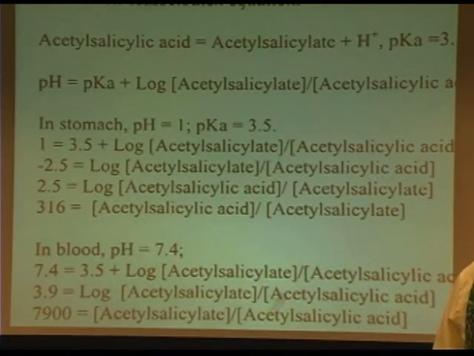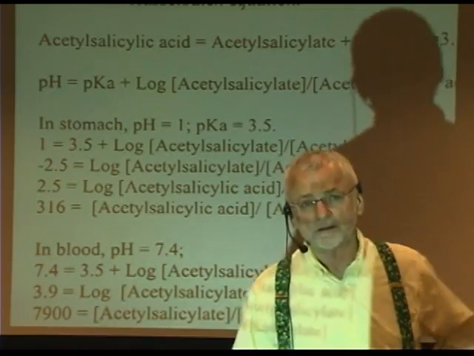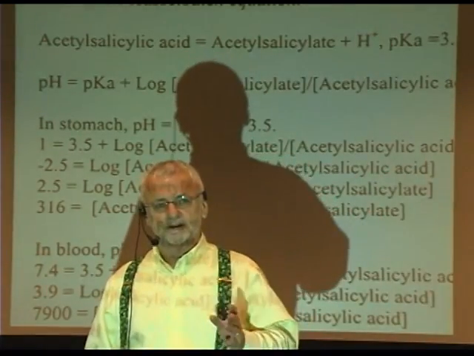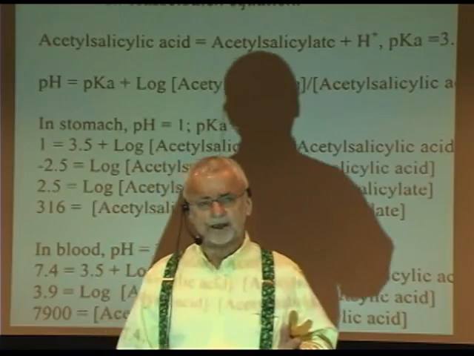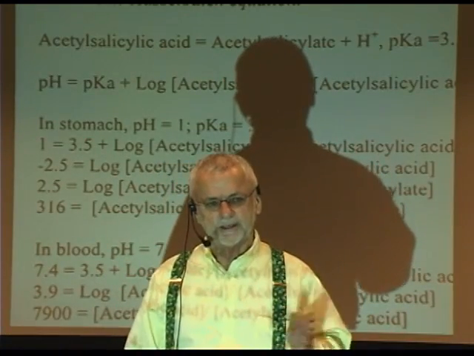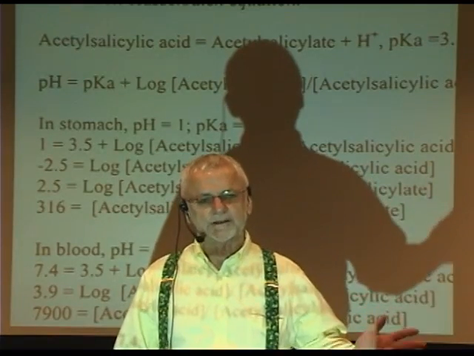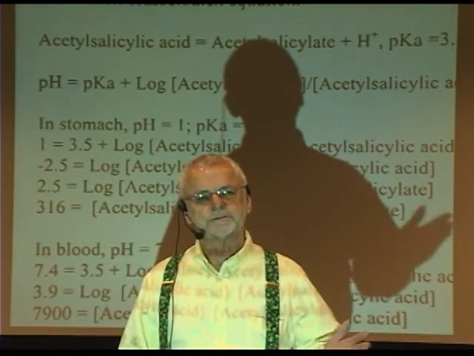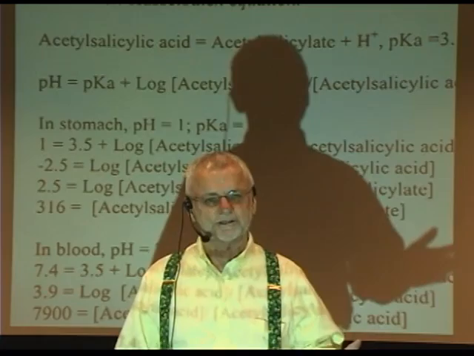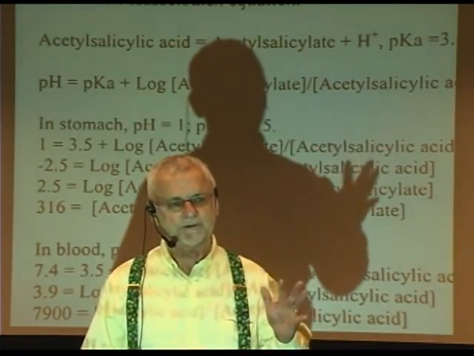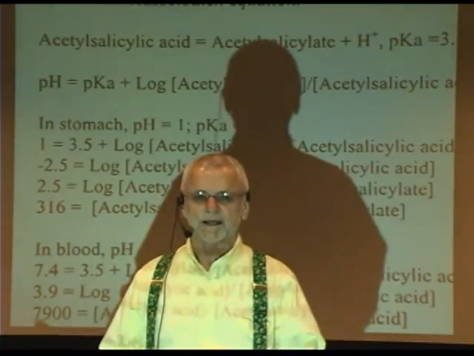But in a while you may come to the place in your life where you'll say, if I know the pKa and I know the acid, and I know I'm 2 or 3 points below there, I've got at least 1,000 to 1 here. Or if I'm 2 points below, I got at least 100 to 1 here. You won't even have to go through the equation. You'll just look at it and say, I got a lot more of this than that.